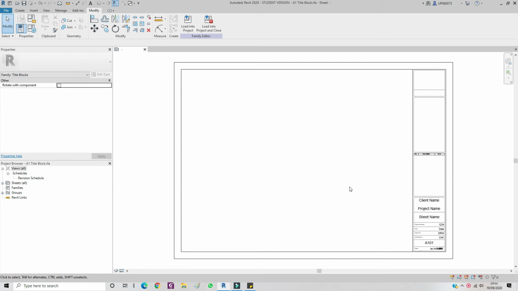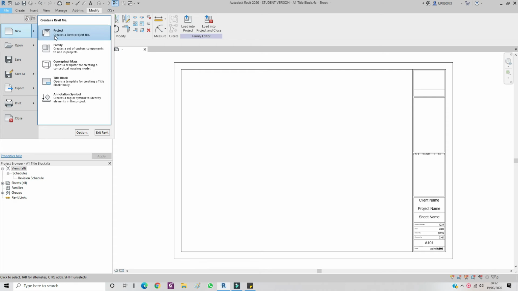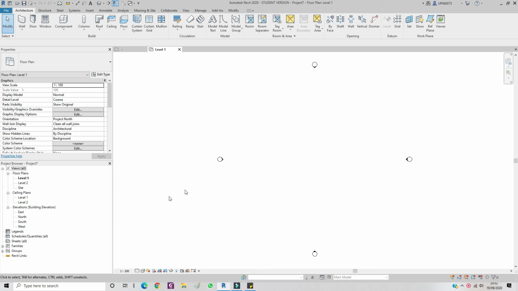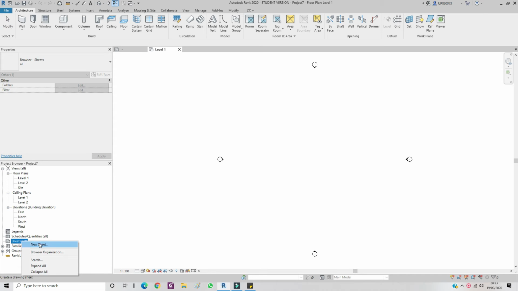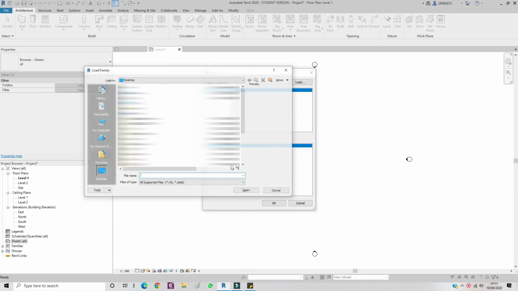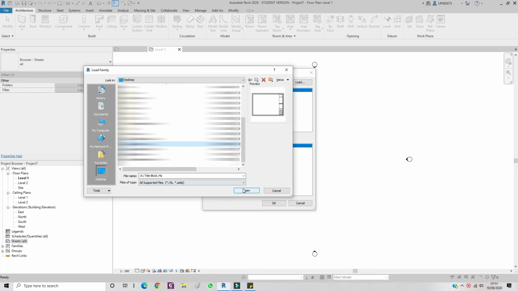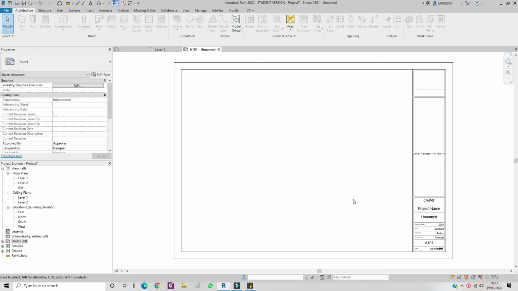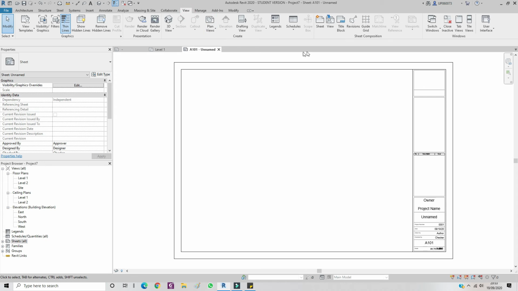Now that we have created our own title block, it's time to test it. So if I go to File, New, Project, OK. Right click on Sheets, New Sheet, load it from my desktop, A1 title block, open, OK. And the first thing I want to do is create some fake revisions. So if I go to the View tab, Sheet Composition, Revisions,